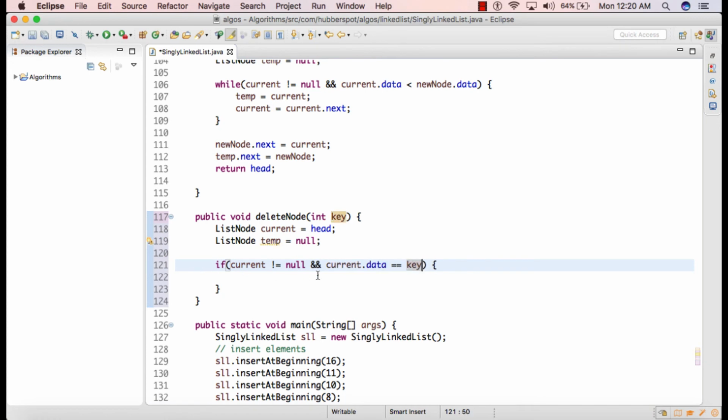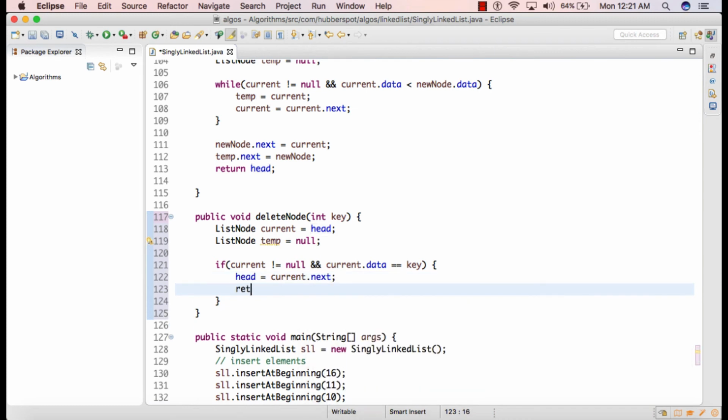It means that we are handling the case where head data is matching with the key. In that case we need to simply shift the head by one node. So to head we'll assign the value current.next, and we'll simply return from the method.